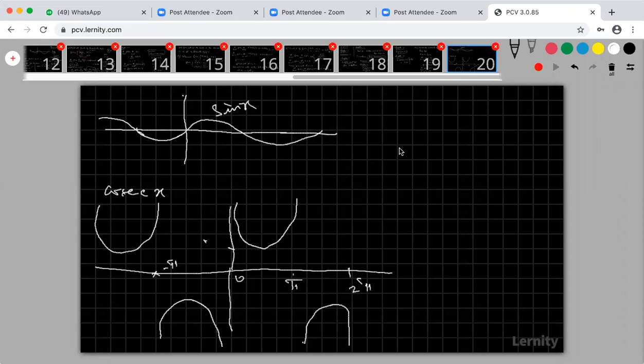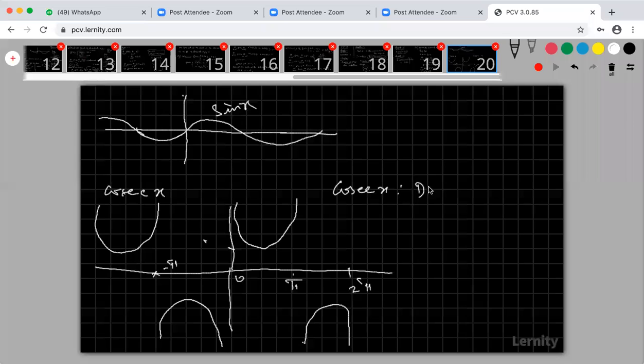Does 0 belong to the domain of cosecant x? Does pi belong to the domain of the cosecant x? Does minus pi belong to the domain of the cosecant x? Does 2 pi belong to the domain of the cosecant x? So the point is not in your domain. No need to check for the continuity and discontinuity. It is meaningless. Okay. So therefore, the domain of this cosecant x is,